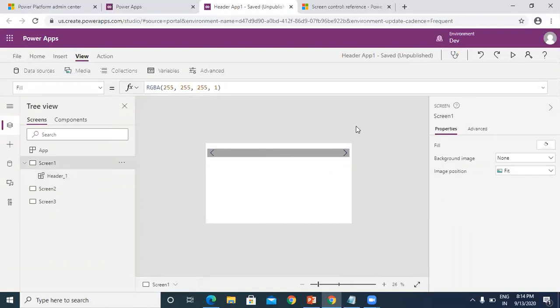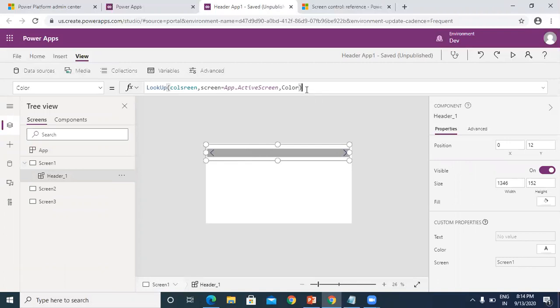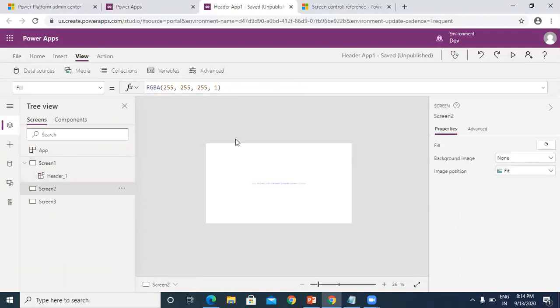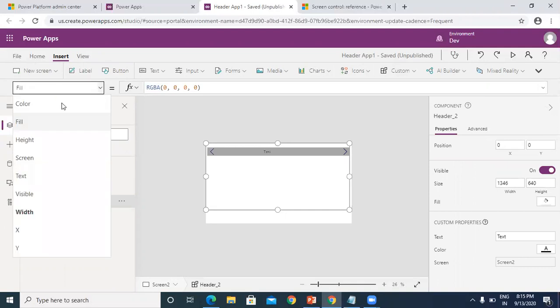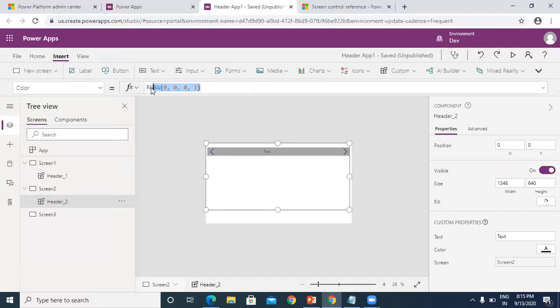Now the same formula we can keep for screen 2 and insert the header. And here in the header we can put the color. Same formula we can keep here,